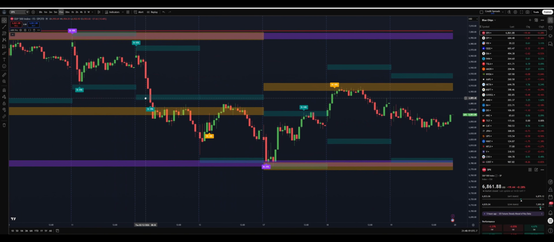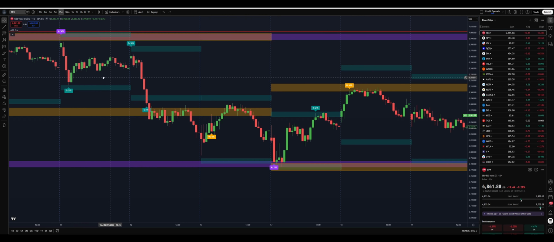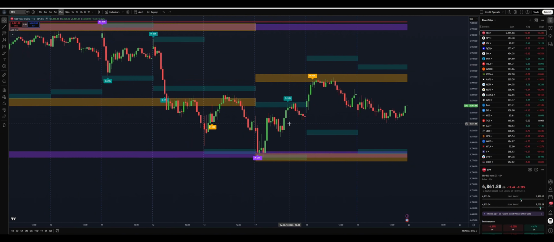But here's a good example of an iron condor that I played here. So we have multiple boxes in this range. We have a monthly, weekly, and almost a yearly in there. So it's a 50%. It's pretty confident there. So I did a pretty large position here going short. As we went down, we hit this area and bounced, this 25%, so I went long. I did a call credit spread here, put credit spread here, kind of legged into an iron condor, and as you can see, we leveled out pretty nice. So that was a fantastic day, eating up all that premium during that time. So that's our